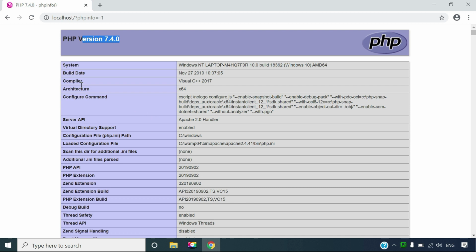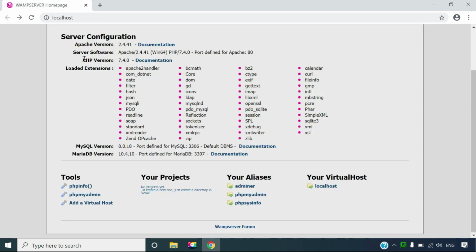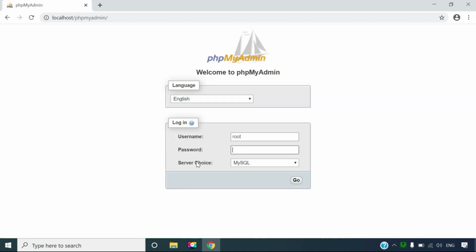Click back button and I go to phpMyAdmin. phpMyAdmin is one of the most popular applications for MySQL database management. It is a free tool written in PHP. The username is root, password is null. You can select MySQL or MariaDB here. Click go.